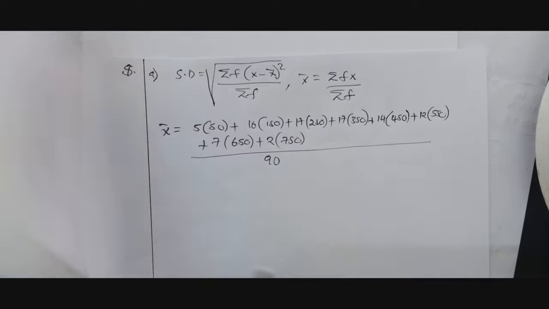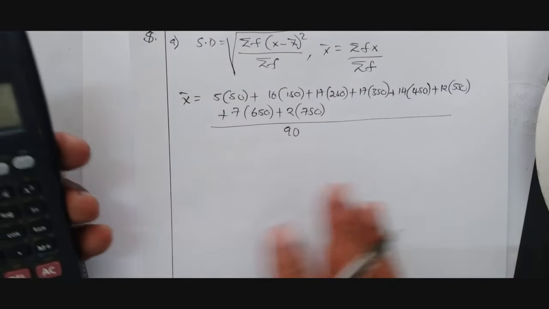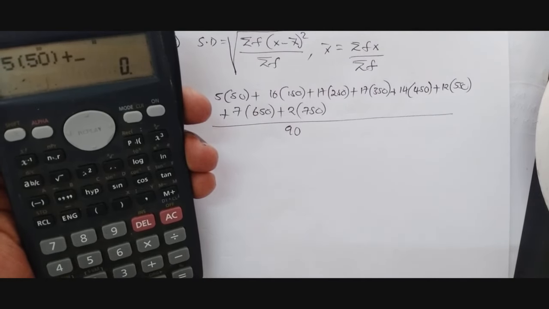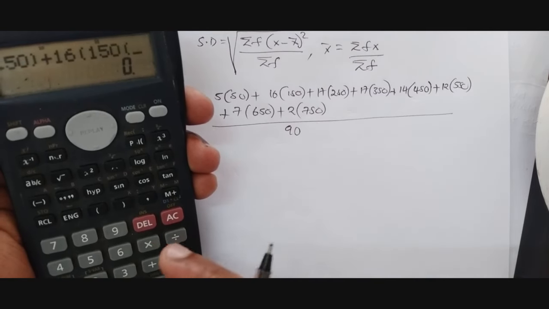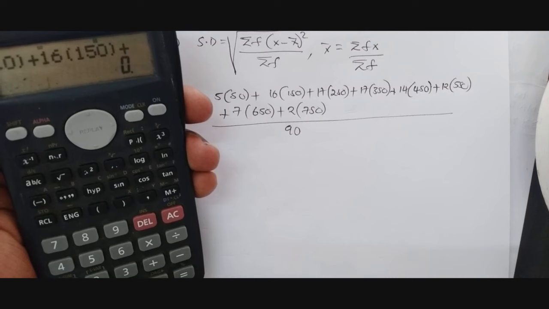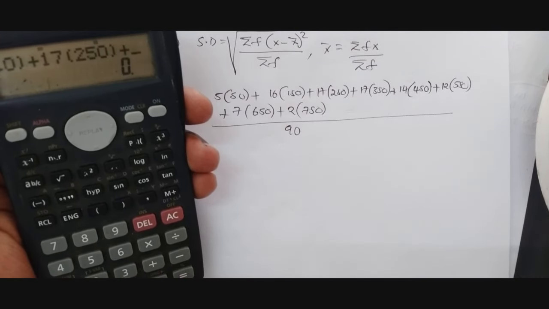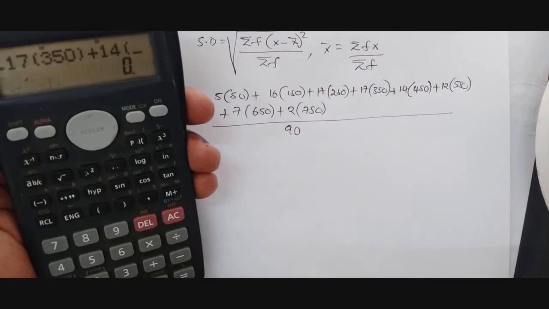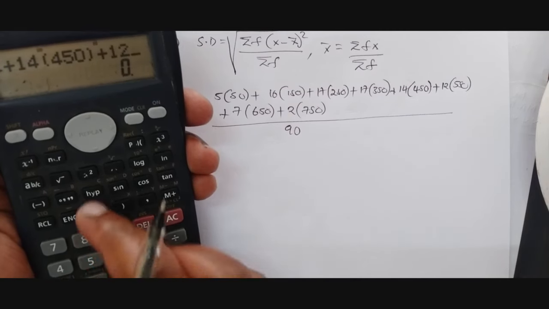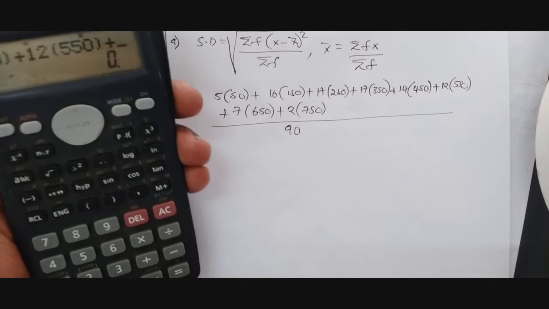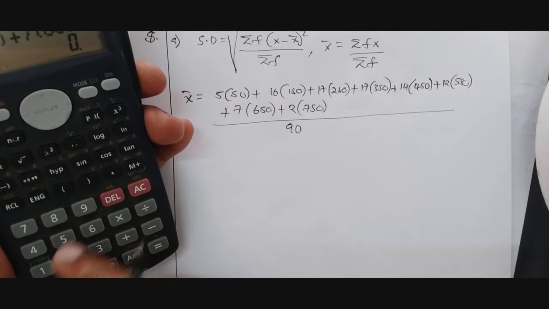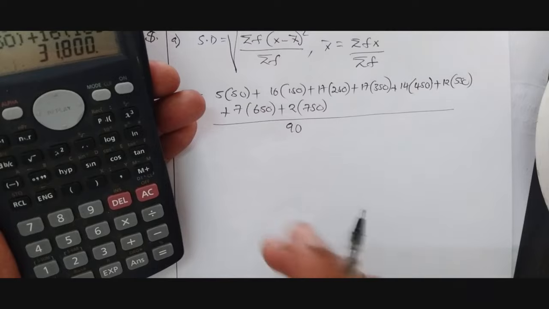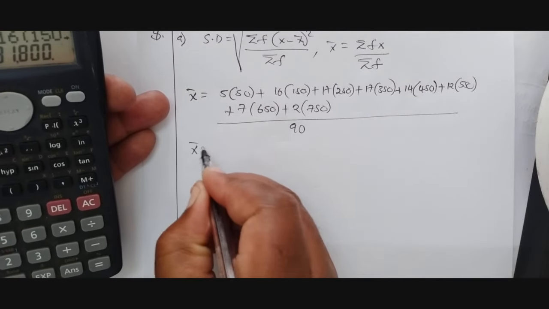Alright? Then you just get your calculator here. Alright? You punch the way it is. You say 5 open bracket 50 plus 16 open bracket 150. Alright? Plus 17 open bracket 250 plus another 17 open bracket 350 close plus 14 open the bracket 450 close plus 12 open the bracket 550 close plus 7 open the bracket 650 close plus 2 open the bracket 750. What do you get? This is what you get. You can even do it maybe for second time to verify. Alright, but you get it at